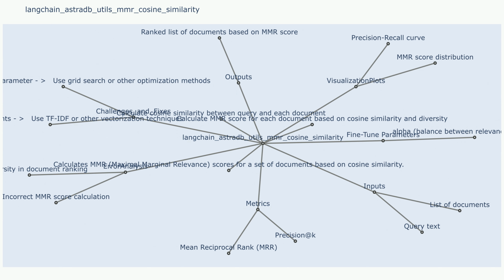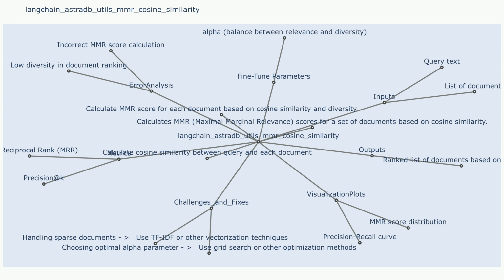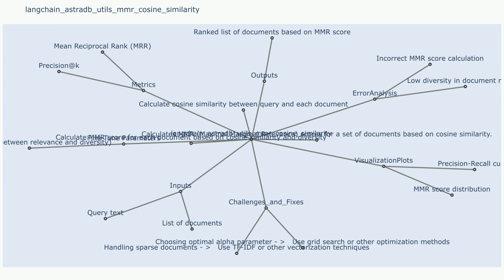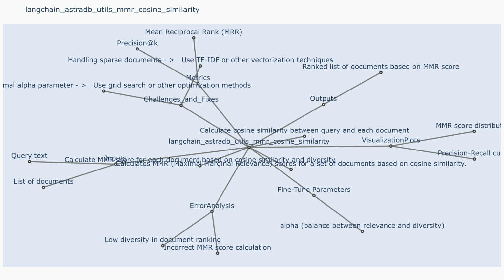Visualization plots. Scatter plot visualizes the cosine similarity scores between the query and each document. Rank plot visualizes the ranking of documents based on their cosine similarity scores. Fine-tune parameters. MMR lambda controls the trade-off between relevance and diversity in the MMR algorithm. Uncertainty methods. Confidence intervals provides a range of possible values for the cosine similarity scores, indicating the uncertainty in the